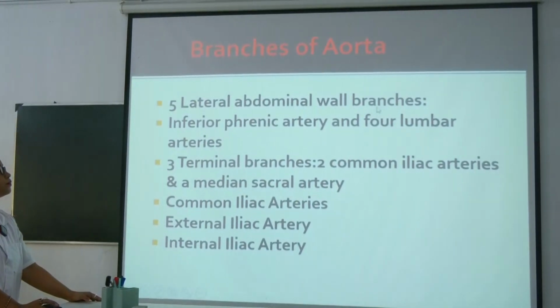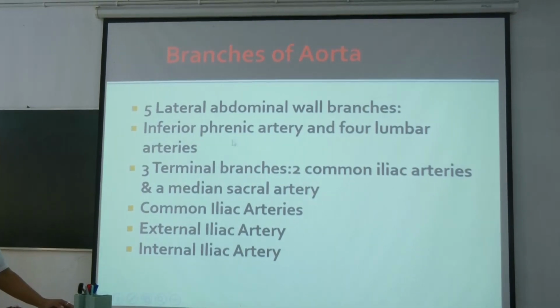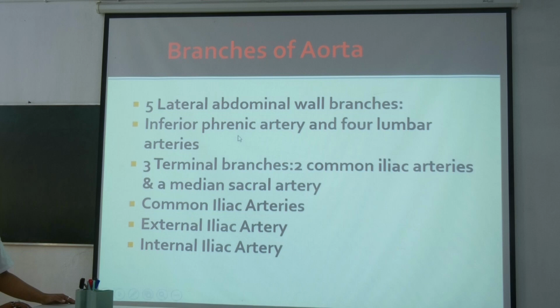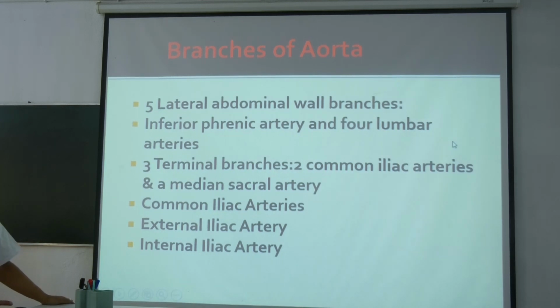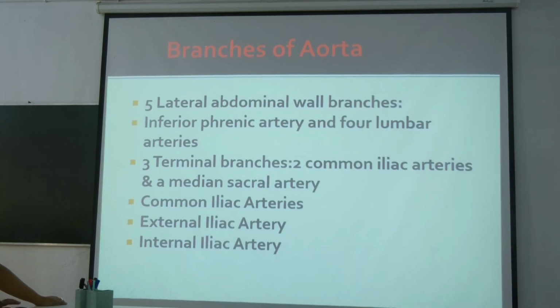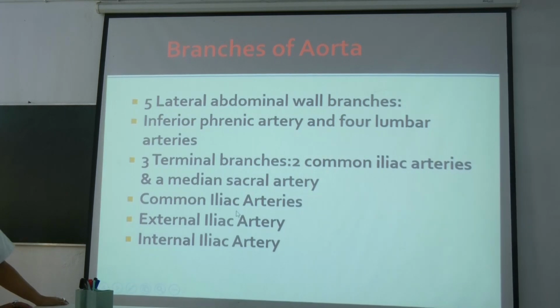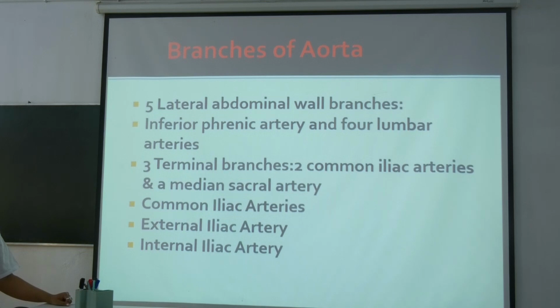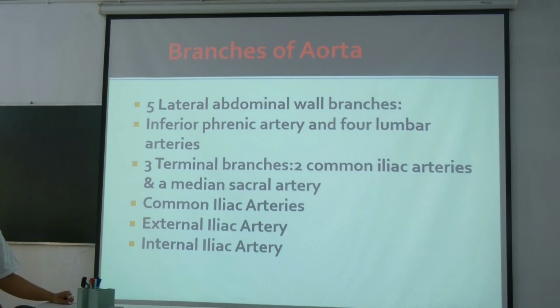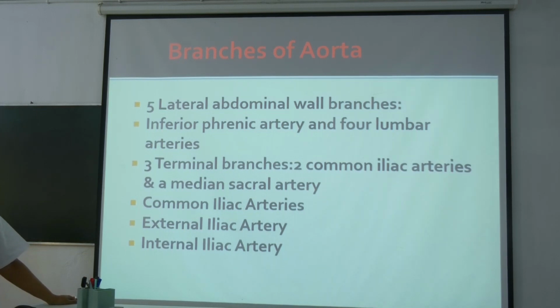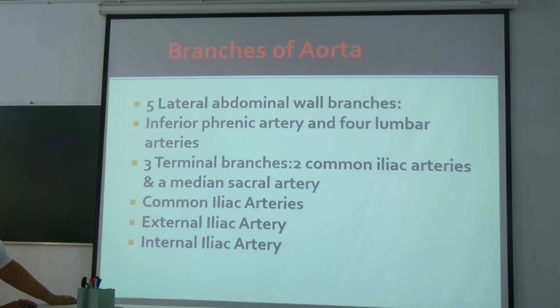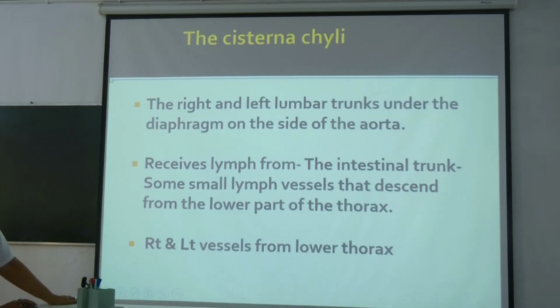5 lateral abdominal wall branches. Inferior phrenic, don't forget inferior phrenic, তাই তো? Inferior phrenic আর 4 lumbar. আর লাস্টে টার্মিনাল ব্রাঞ্চ হচ্ছে, median sacral is also a terminal branch. মিডিয়ান স্যাক্রাল যেটা পুরো স্যাক্রাল প্রমোটারির উপর দিয়ে চলে গেল, ওইটা একটা। আর তোর কমন ইলিয়াক, সেটা আবার ফার্দার ডিভাইড করছে এক্সটার্নাল এন্ড ইন্টারনাল ইলিয়াক।